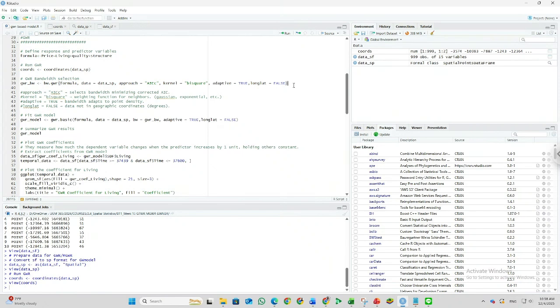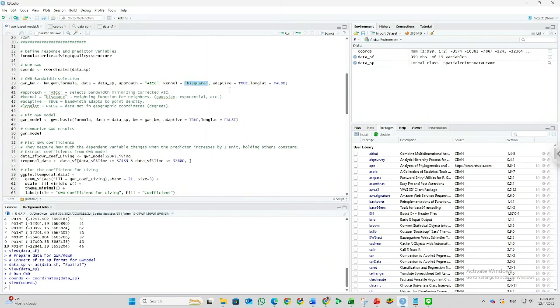If we have the minimum of the AICc, that is the best bandwidth, so we will do the iteration by the bandwidth selection using R, so we get the best value for the bandwidth. And we use the kernel, we use the bi-square. Actually, the kernel you can use is Gaussian, exponential, and etc. But the common method that we use is the bi-square. So in this practice, we use the bi-square.